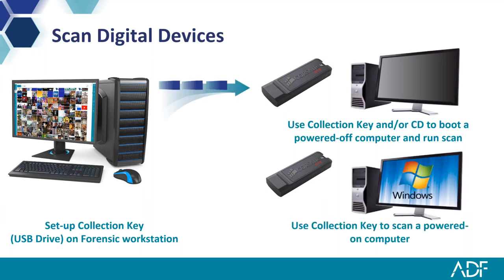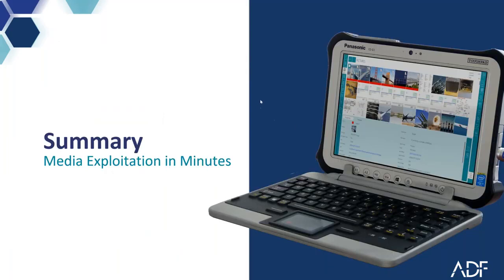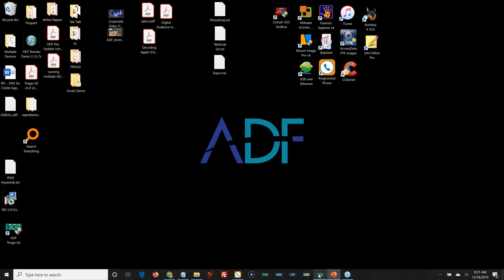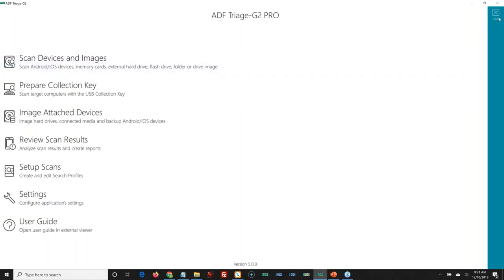Or you can use it to scan a powered on live Windows machine. You would be able to collect the RAM, image, and scan as well. And if I didn't mention it with the boot scan, you would also have the ability to image that. And both you can analyze from the key on scene if needed. So with that, let me exit out here and change over to our tool.